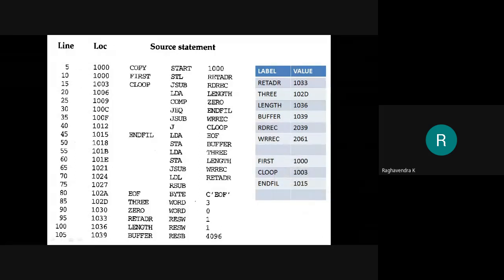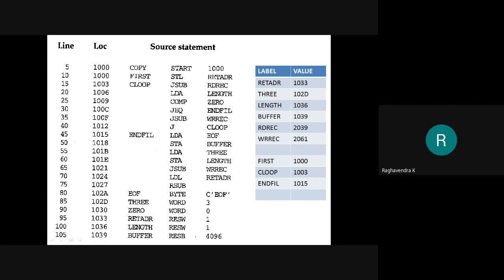So only a few cases need us to be alert when dealing with assembler directives, because if it's an instruction, we know that the instruction has a fixed size, so we will just increment 3. But when it comes to the assembler directives, we have byte, reserve byte, and reserve word. All those need to be dealt with separately. For example, if reserve word says 1 here, I will add 3 to the address. If reserve word says 2, I will add 6. If reserve word says 3, I will add 9. Got it? Similarly for reserve byte also.